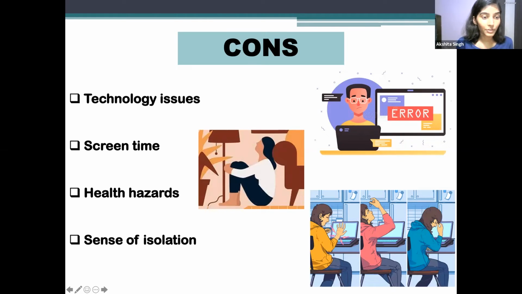And moving to that, we all know that online learning is not only new to students but teachers as well. So it requires teachers to have a basic understanding of using digital forms of learning. However, this is not the case always. A large number of teachers have a very basic understanding of technology, and sometimes they don't have the necessary resources and tools to conduct online classes, which is a major challenge for them.